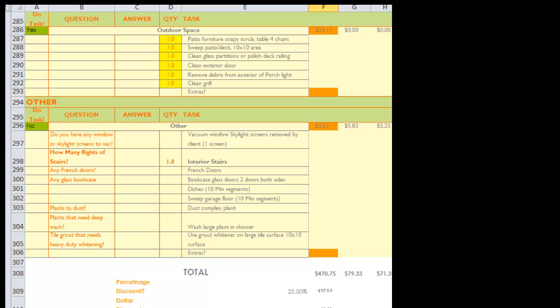Will you make a lot of profit on this cleaning? Probably not. You may not make any, depending on how much of a discount you do. But what difference does it make? If you get a weekly customer that's $3,000, $4,000, $5,000 a year, it's not unusual for them to be $5,000 a year. It's very important to them to have a company that they trust. They're not going to go bopping around from company to company. They might stay with you 10 years. That's $50,000. So you need to think of it like that,